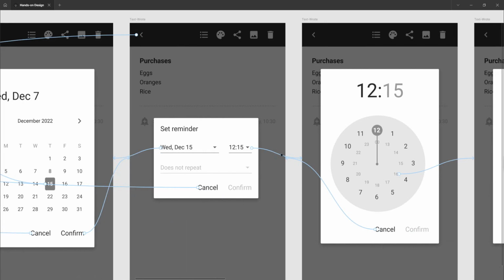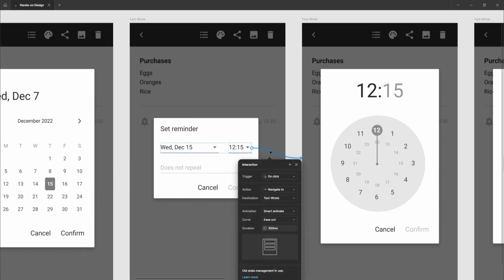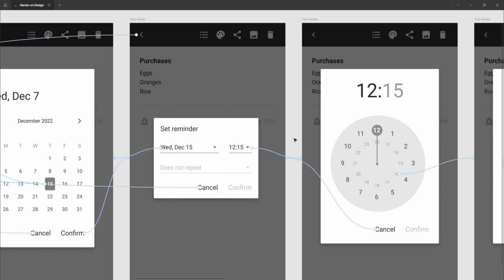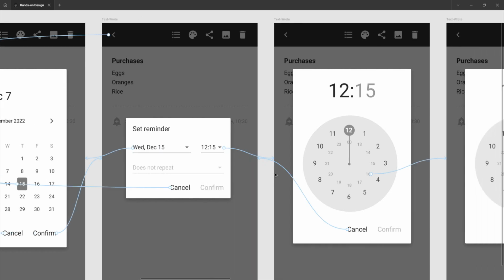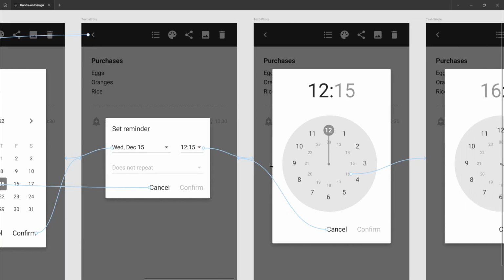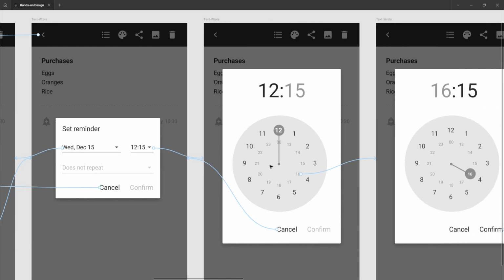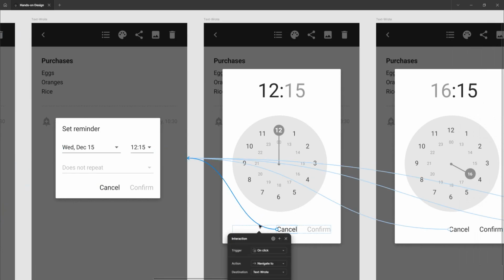So now let's get down to business with time. Selecting this guy here, we will be taken to the next screen. On click navigate to smart animate. I think all the interactions in this flow are smart animate. Getting to this screen, this one will just take us back. On click navigate to previous screen, smart animate,